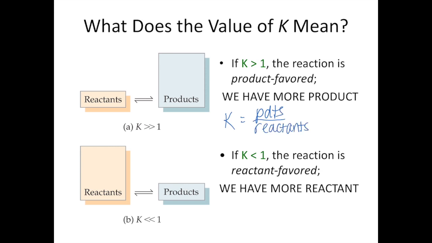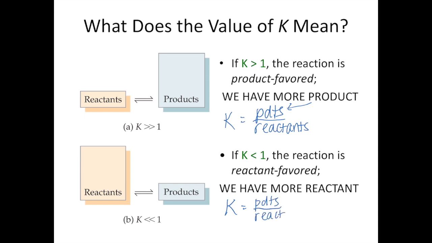If you have a big number, that means that you have more of your numerator. I have more products. So that means if I have a K that's greater than 1, I can say my reaction favors the products. If I want more products, that would be a favorable K for me. If it goes the other way,